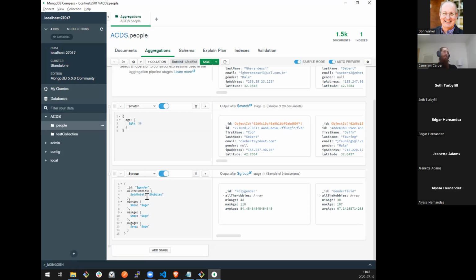Now that that is a syntactically correct, valid operator, it executes our group and gives us the documents out to the side. You can see the ID field is whatever one of the values of gender was. And then we've got the minimum age, max age, and average age for everyone who identifies with that particular gender.